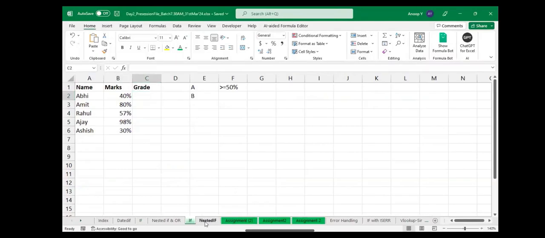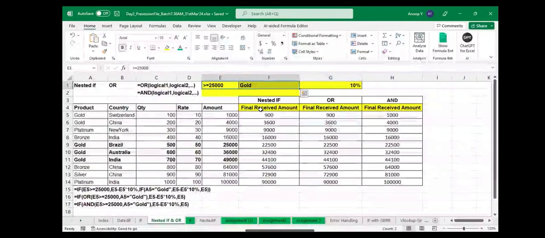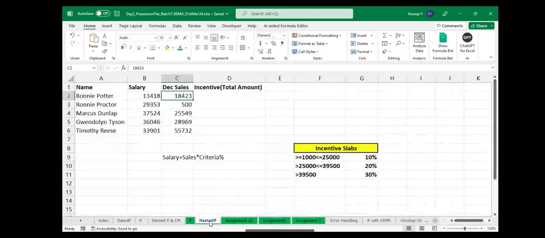Now, here I have told you about the nested if function, that if you have multiple conditions and on the basis of multiple conditions you have to capture the same desired output, then either you can use the nested if function or you can use the OR function also. But what will happen in that case where you have multiple conditions and on each and every condition you have a different desired output? For example,